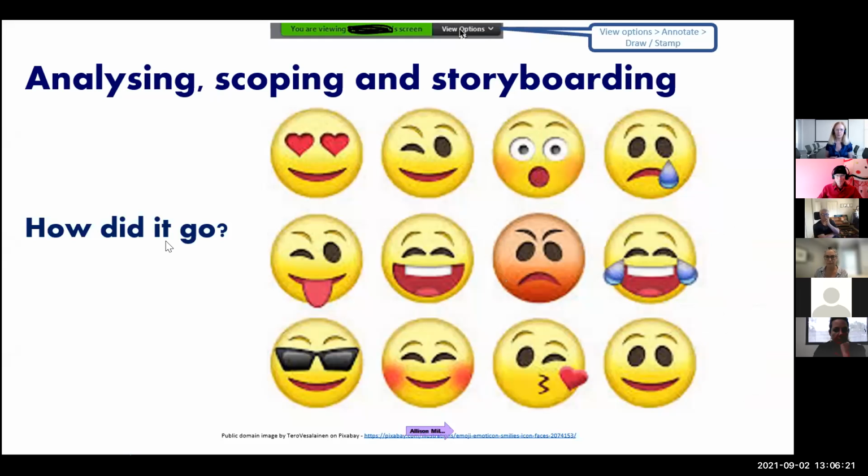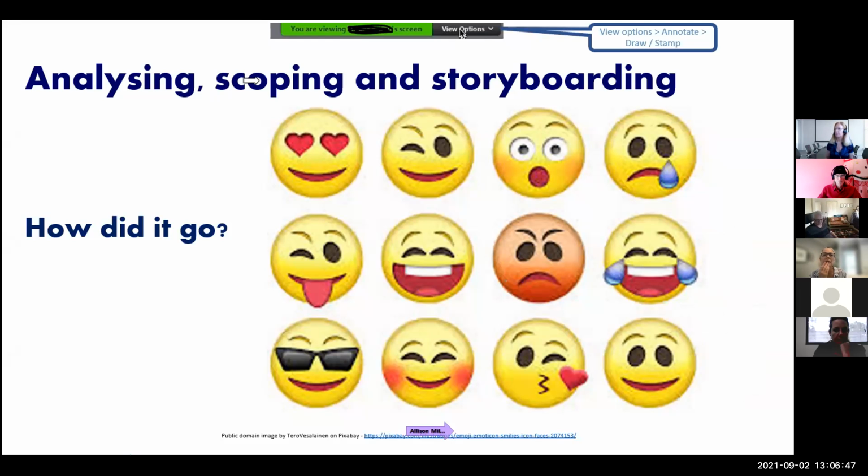So first of all, what I'd like to do is reflect back on where we've been before we move you forward to where we need you to go. It might be one or all parts of these processes. We said, analyze your environment, who's going to use it, and how it's going to look. Scope it, get those high-level ideas, and then storyboard. So that's where we were.